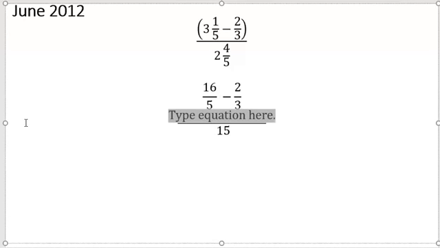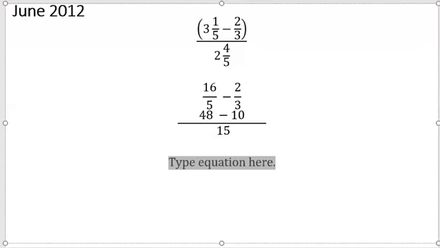So now we can go ahead and work and say 5 into 15 goes 3 times. So what we have is 3 multiplied by 16 to give us 48, minus 3 into 15 goes 5 times, and 2 5s 10. So what we now have is 48 minus 10, and that leaves us with 38 over 15. So what we have is 38 over 15 representing the numerator fractions, and now we are dividing that